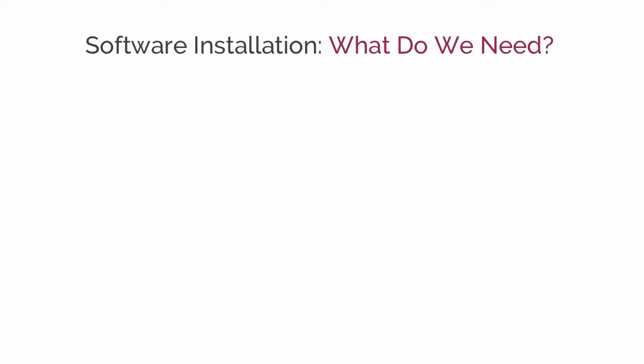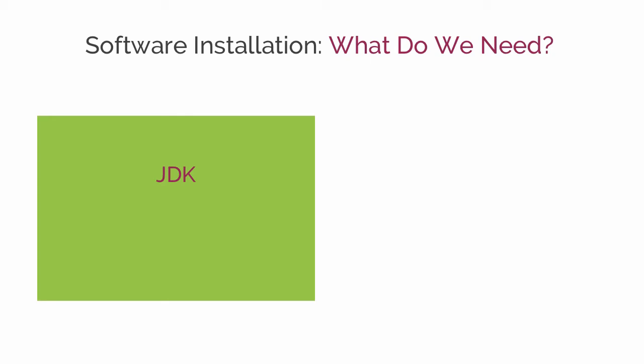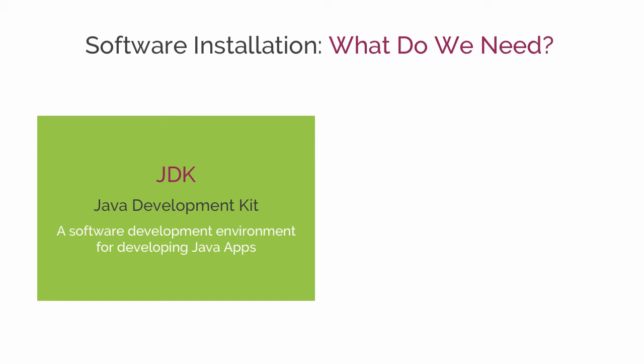To begin our Java development, the first thing that we need is the JDK. Now the JDK stands for the Java Development Kit. It is basically a complete kit for Java development, and it provides the software development environment for developing Java applications. Now, in order to use this JDK, we need some platform where we can write our